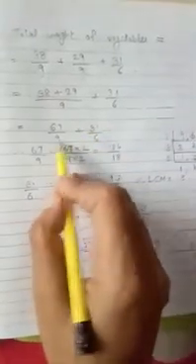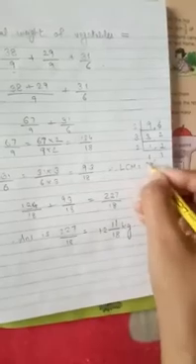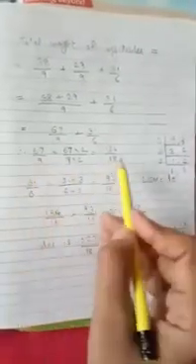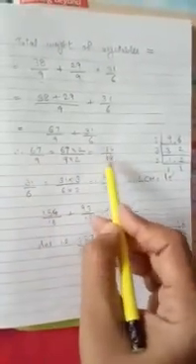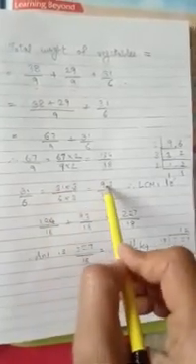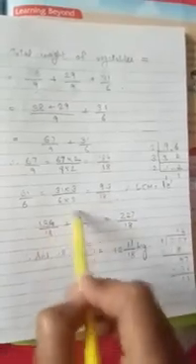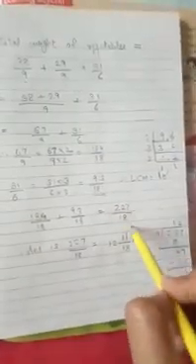Now we have to find the LCM of 9 and 6, which I have found. It is 18. Same method, we take 18 as the common denominator. 9 2s are 18 and 67 2s are 134. And for 31 upon 6 also, 18 as the common denominator: 6 3s are 18 and 31 3s are 93. Now again we have like fractions as the denominator is common. We can add these two fractions. We got 227 upon 18.